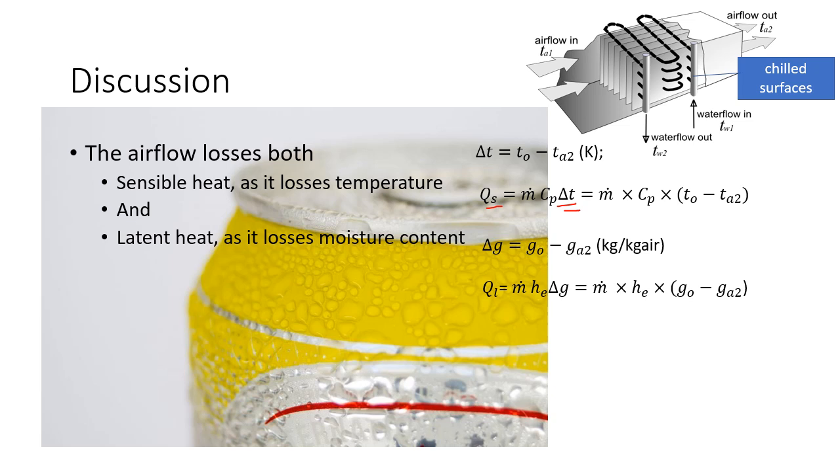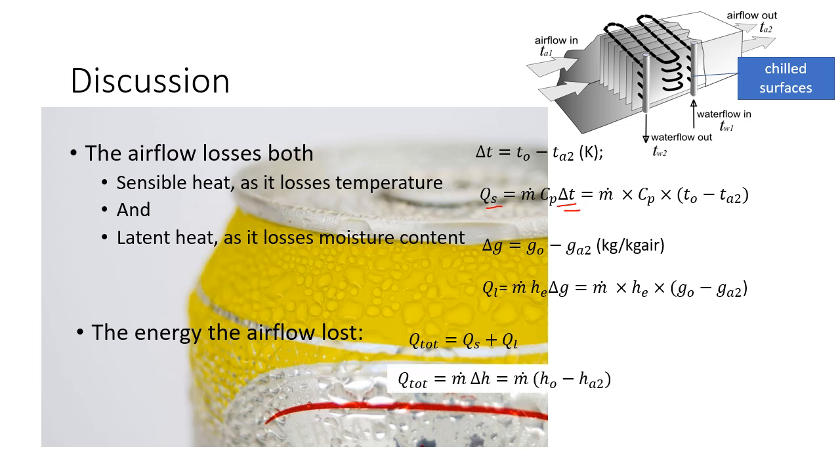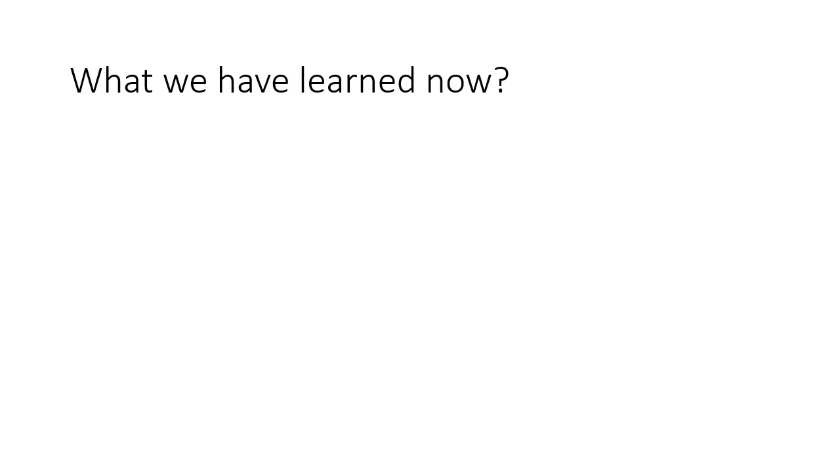So we have these two formulae linked together: temperature drop, and moisture change with specific heat and heat of evaporation, and then the sensible heat and the latent heat. So the total energy lost from airflow has two components. One sensible, the other latent, and it can be calculated by the flow rate multiplied by enthalpy change. So what is enthalpy? Enthalpy is the energy contained in the